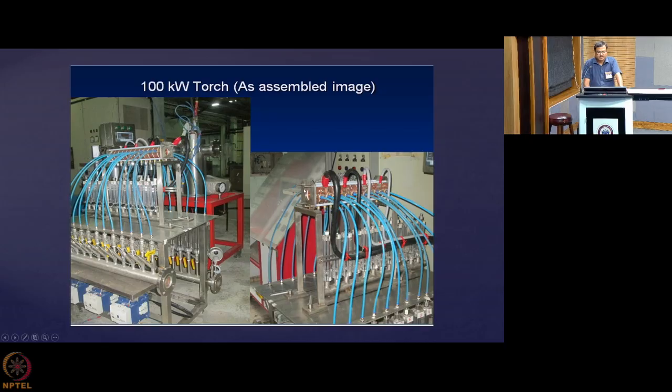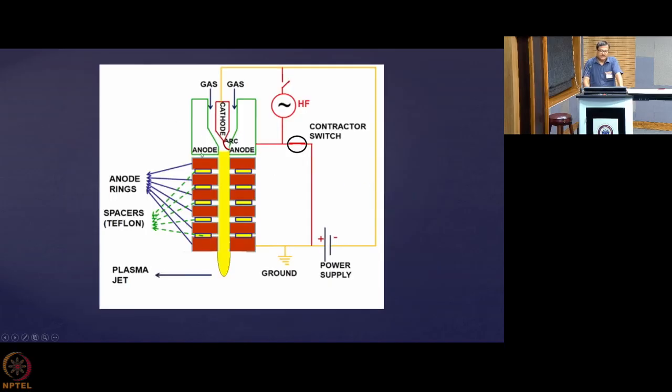This is the kind of segmented device, and if you want to increase the length of the arc, then you need to separate each of the segments. Like you see here, the red ones are the copper segments, and they are separated from each other using a spacer. They are Teflon spacers, this yellow colored. Finally, you are breaking the gap initially between the cathode and the anode using this high frequency, and then you are gradually shifting this arc from one electrode to another with the help of a contactor, which is not shown over here.